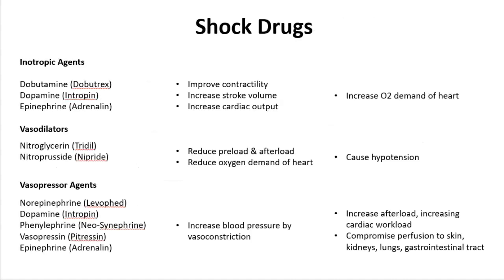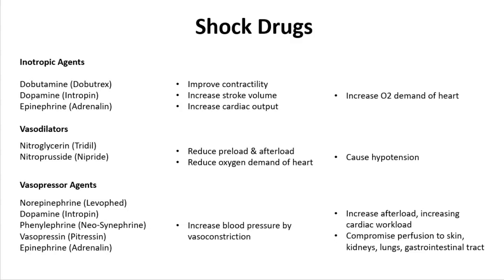Okay, so these are the main drugs that you need to know very well. Why is it important to know these drugs? Because you need to be aware of what medications you will be giving for different types of shock. So for example, if you have cardiogenic shock, then you want to use something that will decrease the afterload and increase contractility. So if you were to give them a vasopressor at this time, it could be deadly. So you need to look at the pathophysiology of the type of shock that you're dealing with, and then consider what medications, if any, are